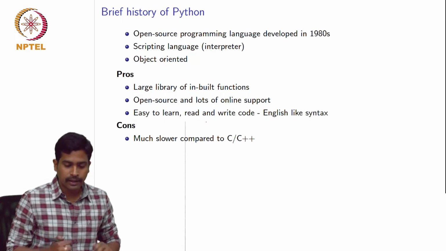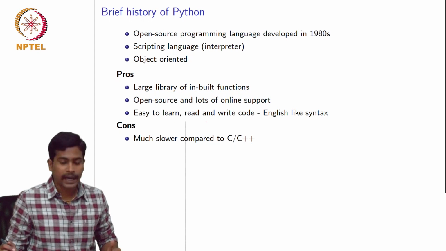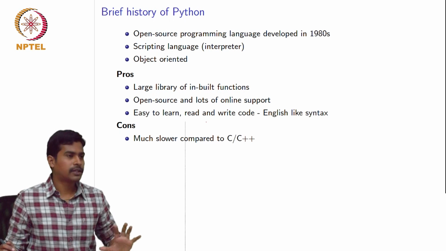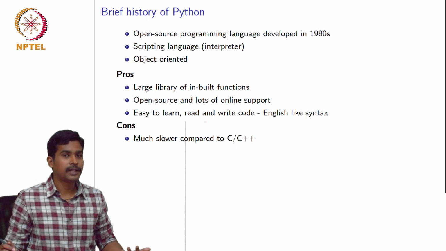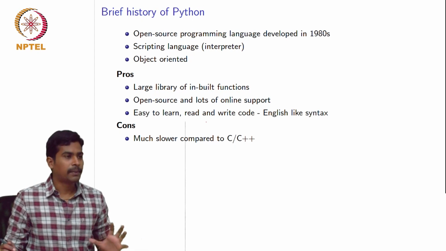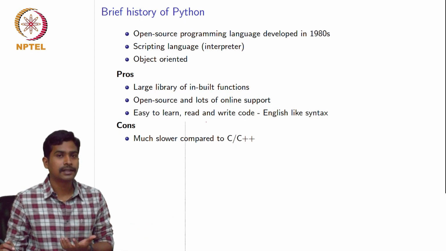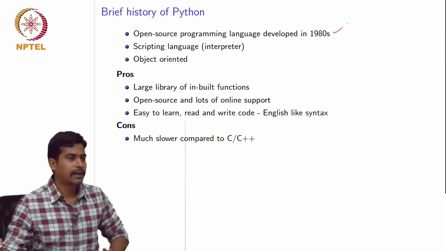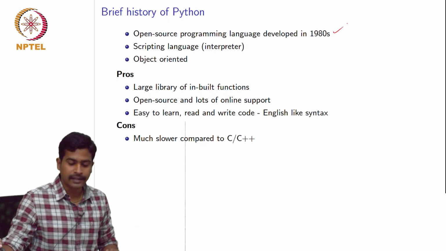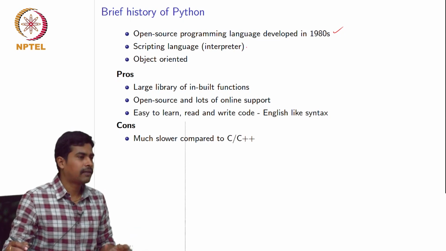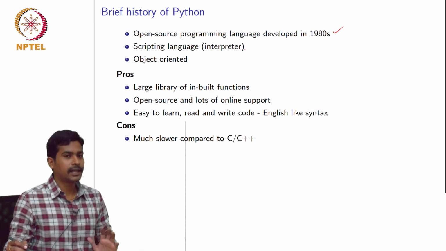Now let's go into a brief history of Python. Python was originally invented in the 1980s, and it was first used for word or text processing kinds of applications. But later on, because Python is very easy to learn and it has a very powerful inbuilt library, people adopted it in different applications. Now Python is used in many applications ranging from academics to machine learning. Python is a scripting language, an interpreter-based language, not like C or C++, which is a compiler language.